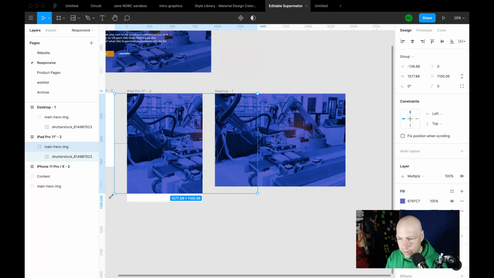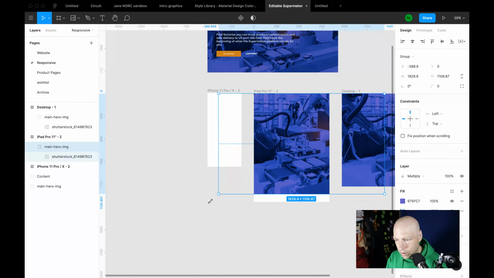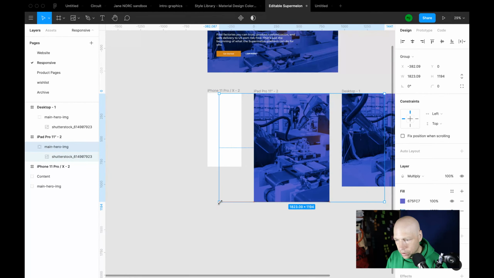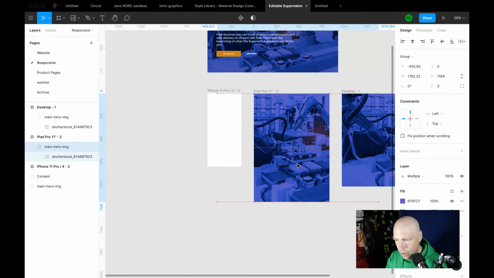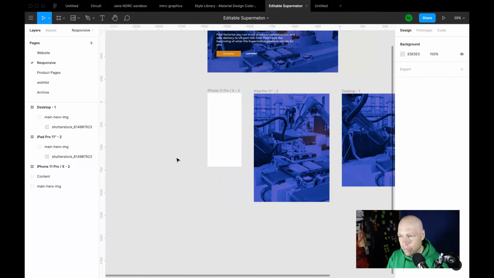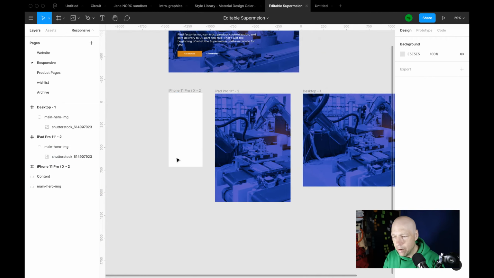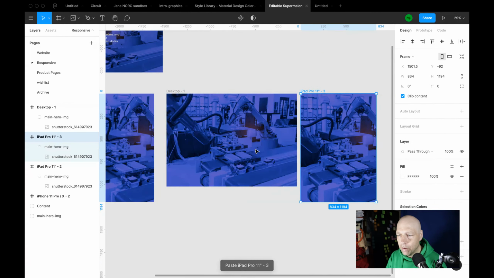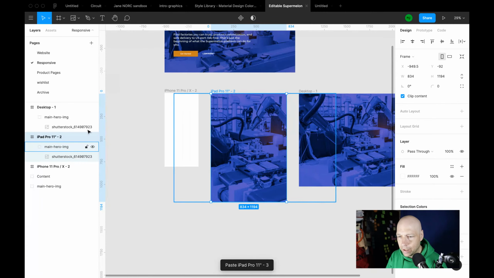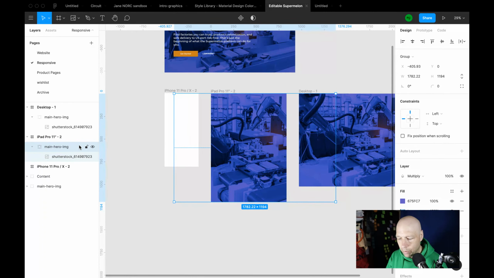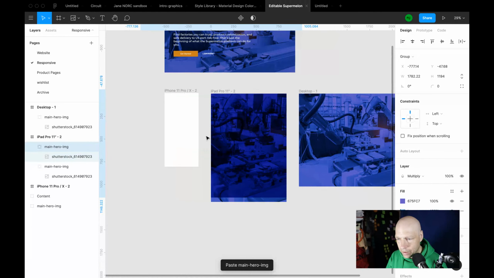And now tablet is going to get proportionally larger, and we're going to put that content there. And then finally for the phone is basically the same thing we had for tablet, except,